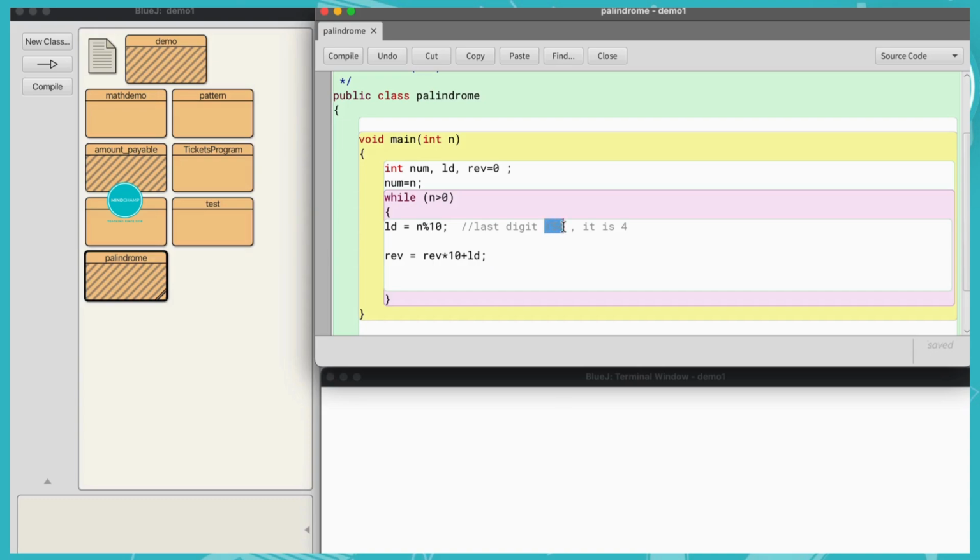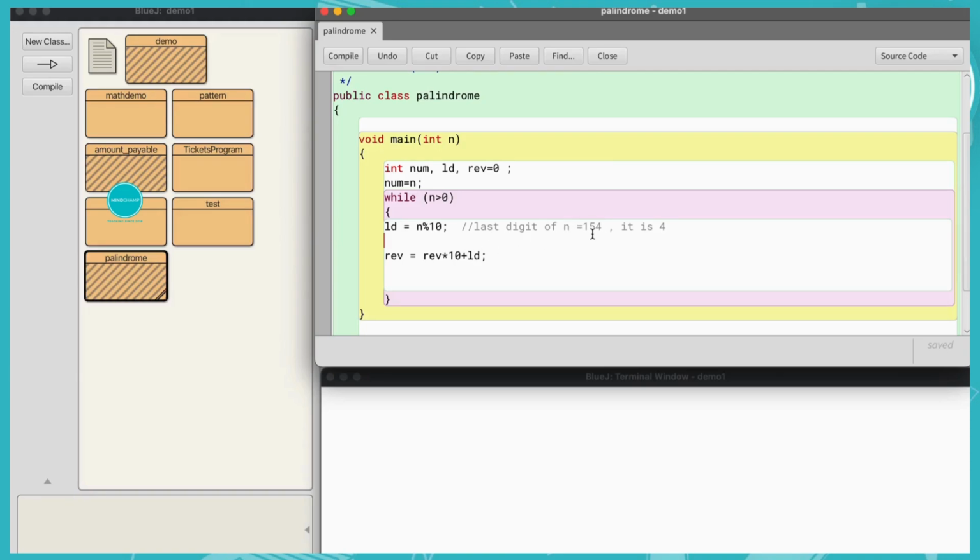Let's say the number is 154, then I should get 451. In the original number, 4 is at the units place, its place value is 4 into 1. The place value of 5 is 5 into 10, 50. And the place value of 1 is 1 into 100. So it should get reversed.